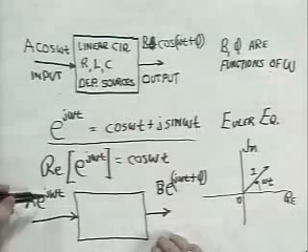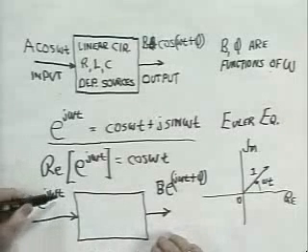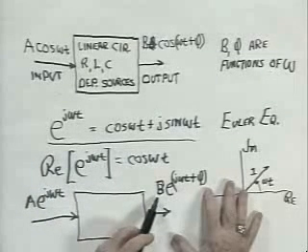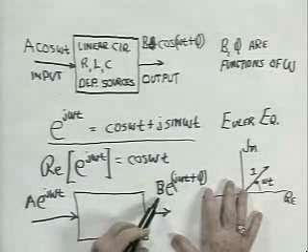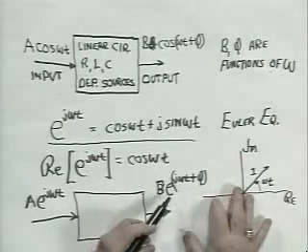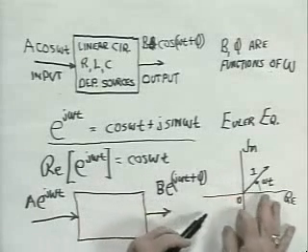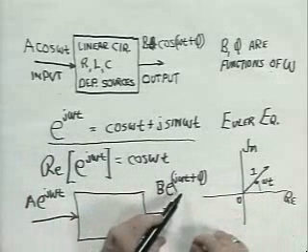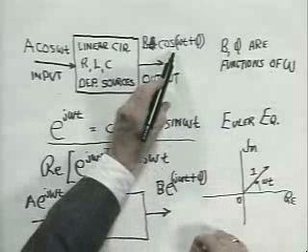So what does that have to do with the real world? The real world doesn't have time functions that look like e to the j omega t. It has ones that look like sine or cosine. The connection with the real world is to recognize that just as the real part of e to the j omega t is cosine omega t, the real part of the response, b e to the j omega t plus phi, is some number b multiplied by cosine omega t plus phi, just as I indicate up here. And that real part will be identical to what you would get if you went through with